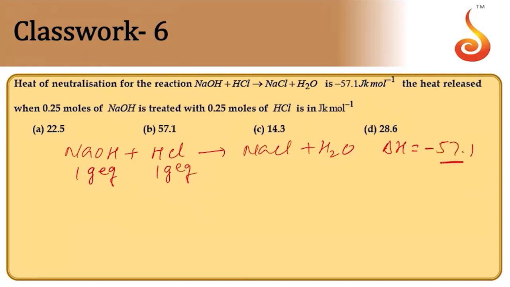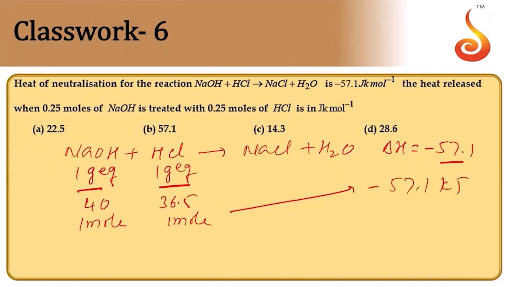So we define delta H for 1 gram equivalent of substance, that is for heat of neutralization. 1 gram equivalent of NaOH is 40 grams, and HCl is 36.5 grams. And 40 grams is also equal to 1 mole in the case of NaOH, 1 mole in the case of HCl now. So 1 mole and 1 mole if they react, we are going to get here